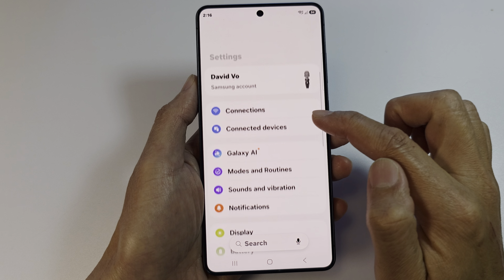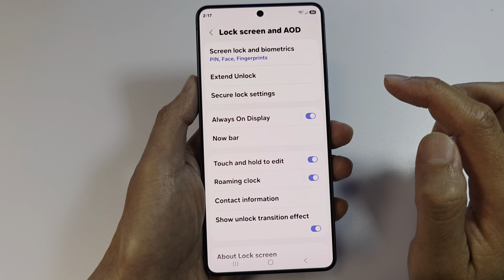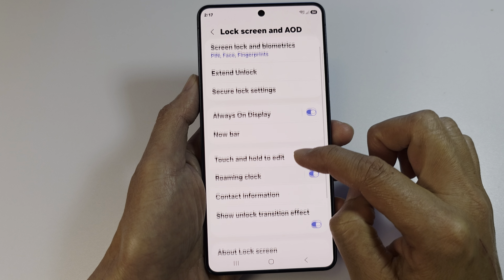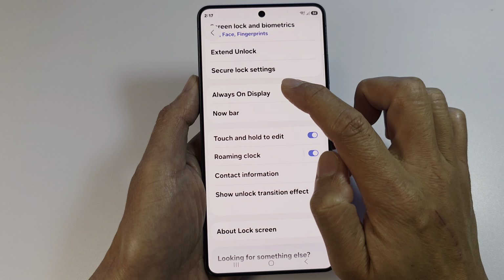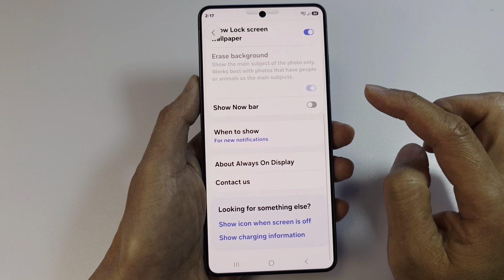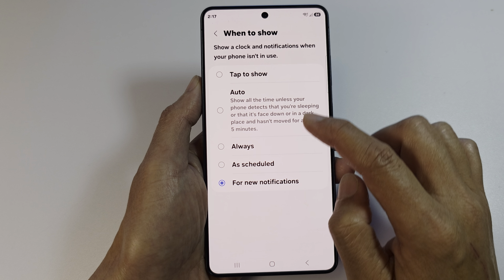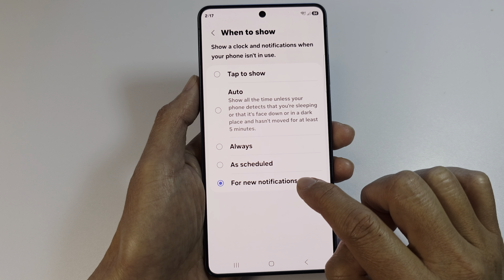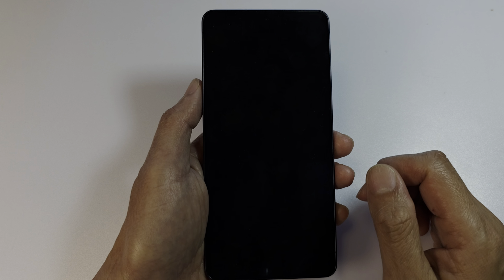Now in settings, we then scroll down and tap on lock screen and AOD. From here, we then go down and tap on always on display. Then swipe down and tap on when to show. Next, from the list here, make sure you select for new notifications so that when you lock your phone, the